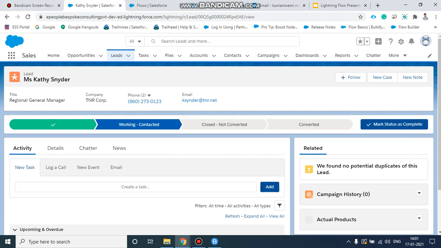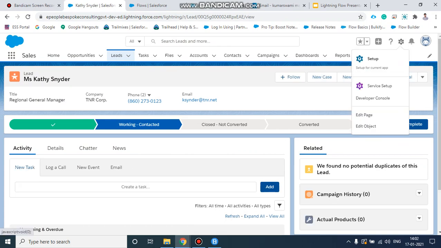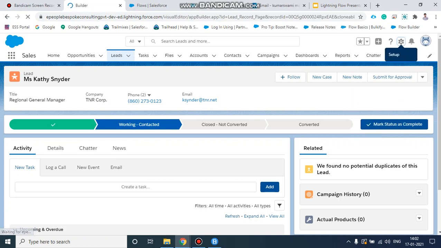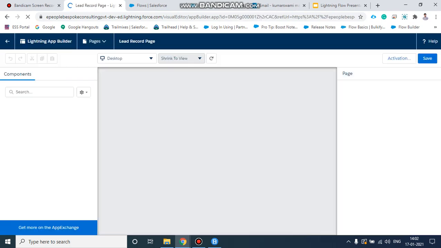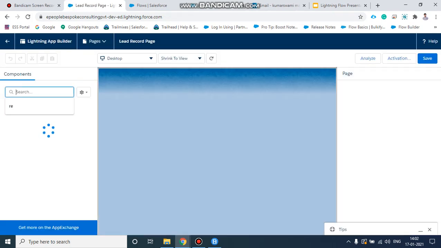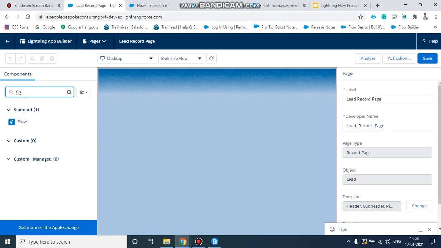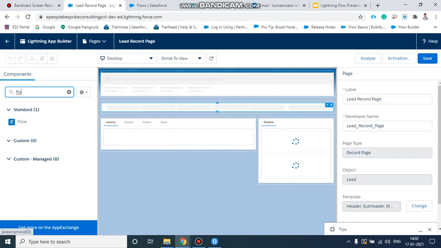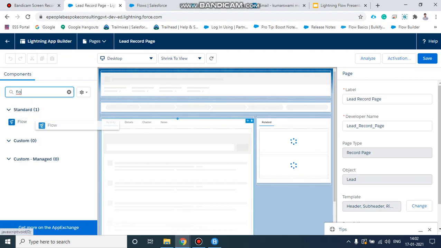We need to assign our flow to a flow component at record level. For that we need to click on the branch icon, edit page. At the right side we need to select a flow component and drag it onto our screen.